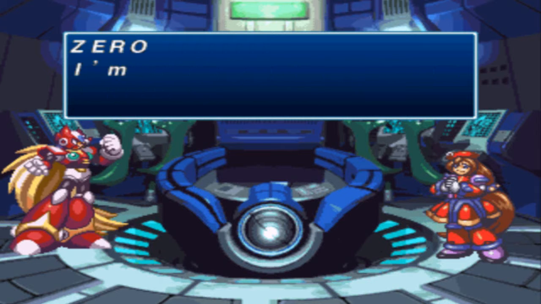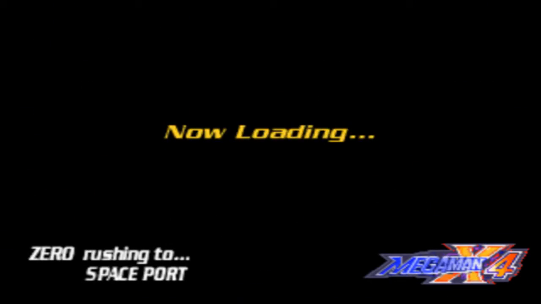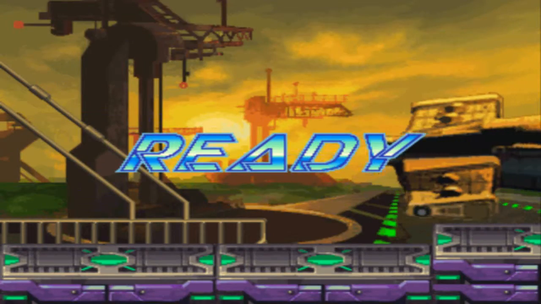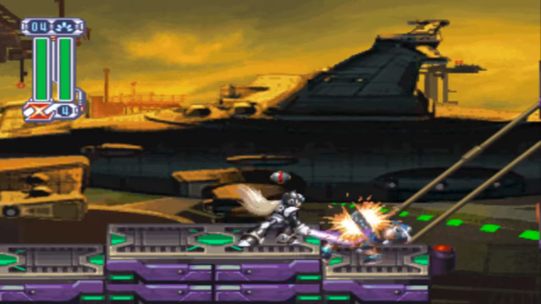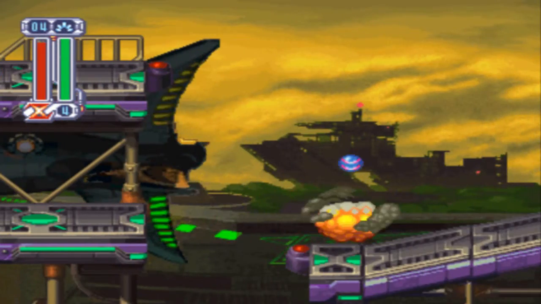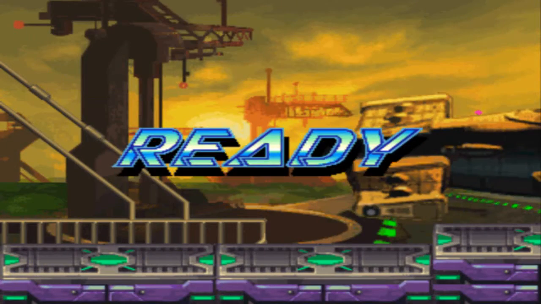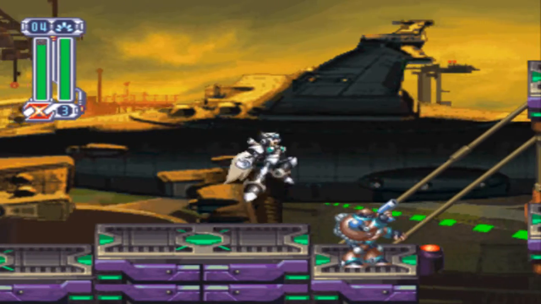And now it's time for the actual fight against Colonel over at the spaceport. And how do you start off the stage as Zero? By immediately falling off a cliff. That was so embarrassing, but I didn't feel like cutting it out because it was right there. I could have save stated, but